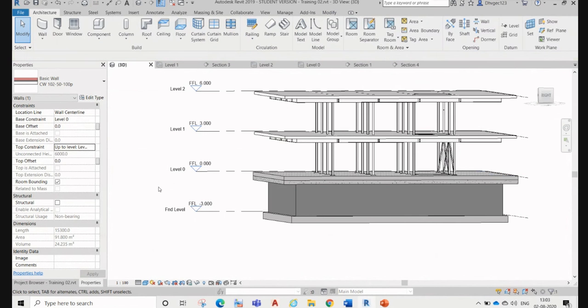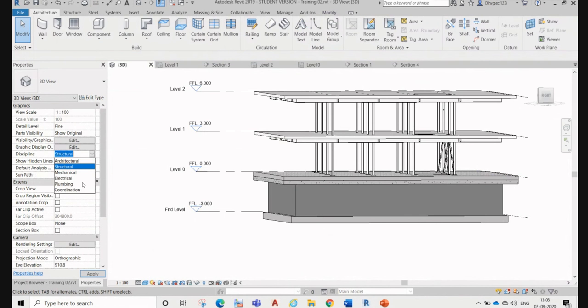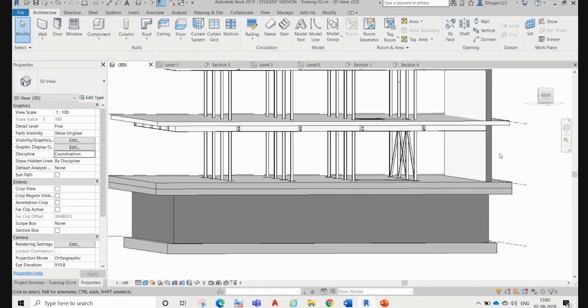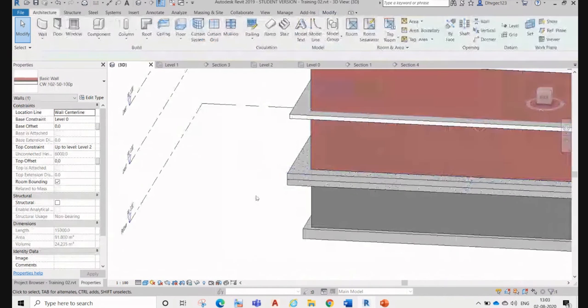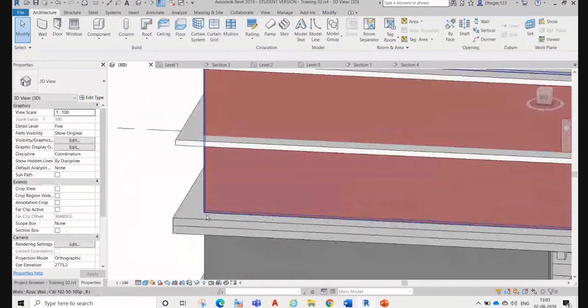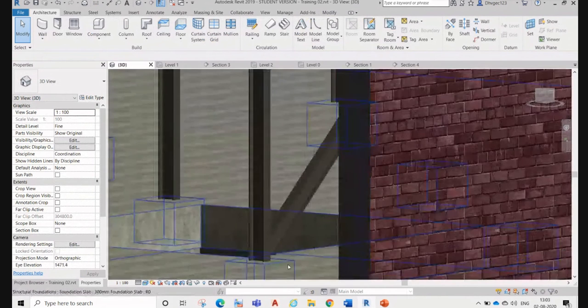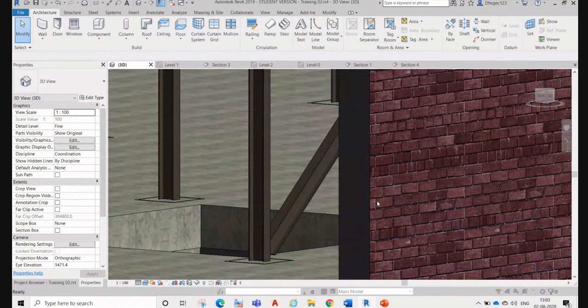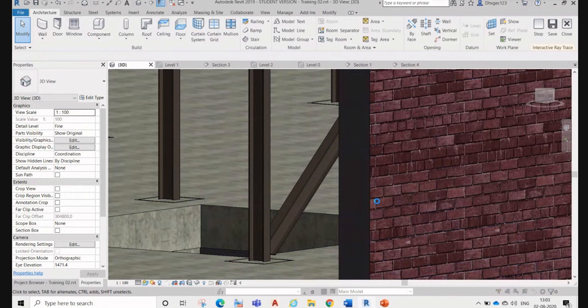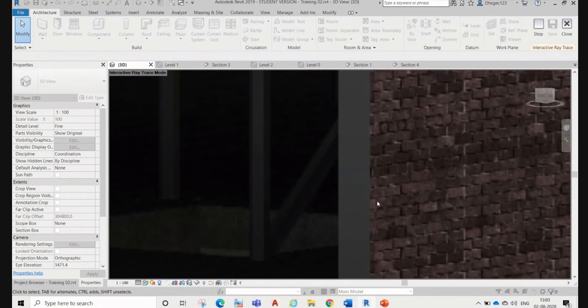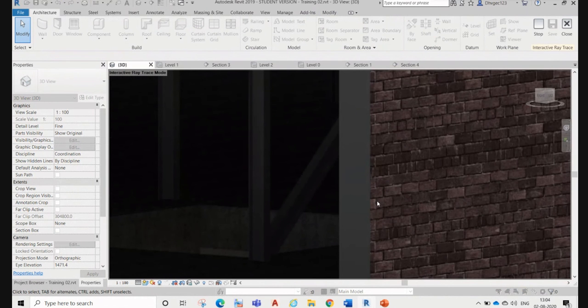Oh, again here also it's a problem. It's a structural one. So here you can see the red because it is on here. If it's realistic, then you can see the wall outside, and if you are going to do rendering, you will see better wall finishing.